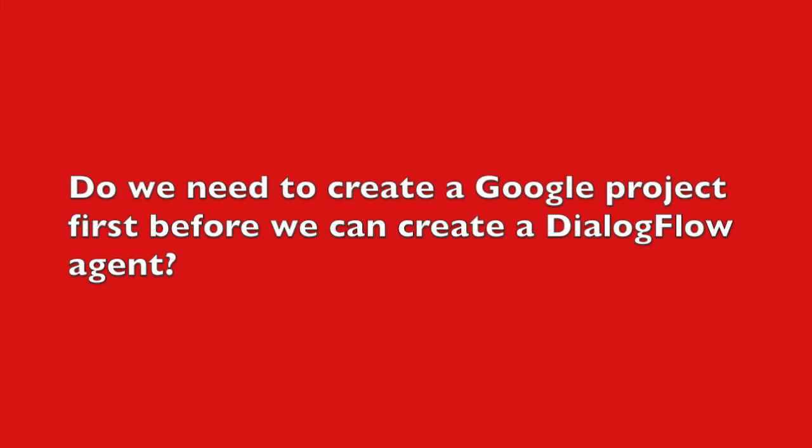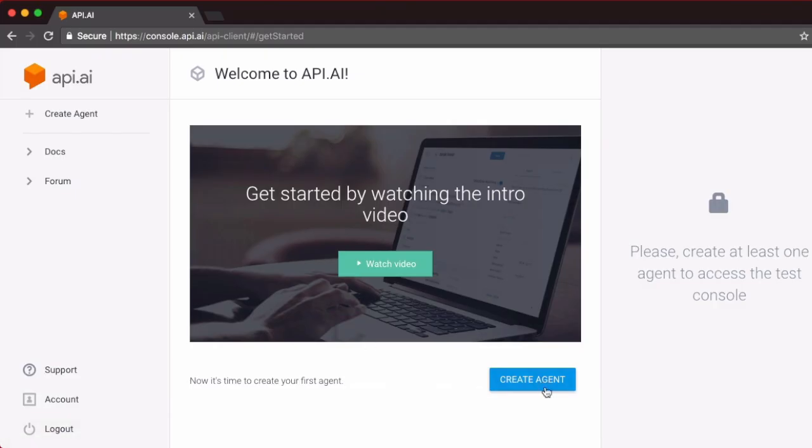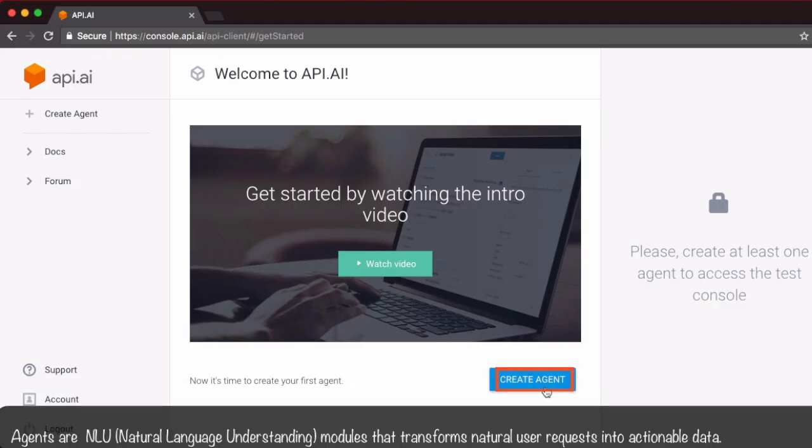At the end of this video, you should know what the relationship is between a Google project and your Dialogflow agent. Do we need to create a Google project first before we can create a Dialogflow agent, or is it not required? In the last section of the last module, we left off at the point where we'd said that